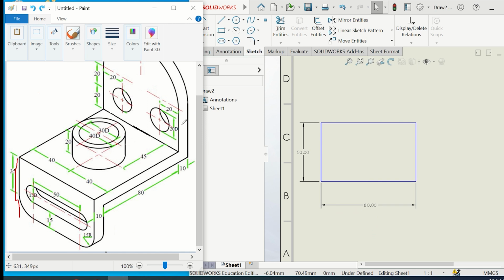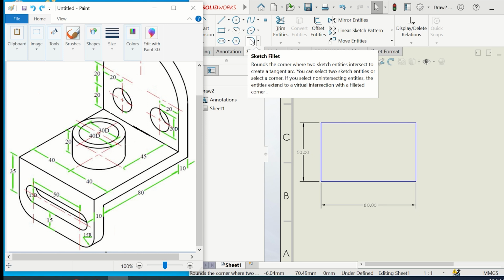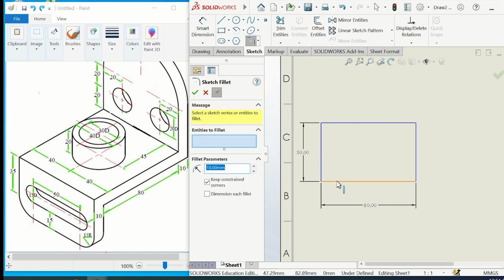Okay, so let's do that. There's this tool here which is sketch fillet. So I click on it, I click on the first line, I click on the second line, and here I enter the radius, and it has to be 15 millimeters. So 15, and that's it. I'm happy with it. I click on this OK here,